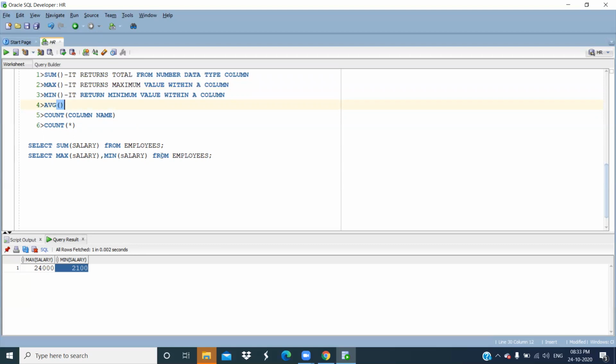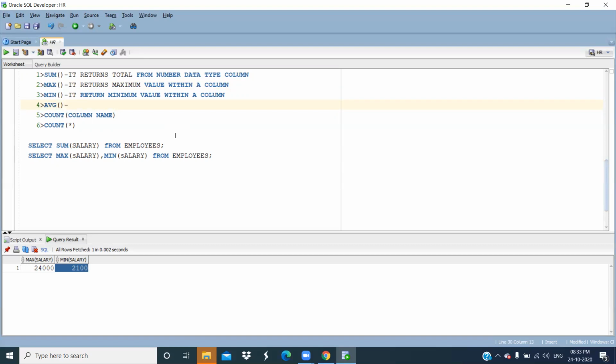We know we have something called ASCII values. Characters have some ASCII values. I told you that for every alphabet there will be an ASCII value. Based on the ASCII value, it will give which is the maximum and which is the minimum.